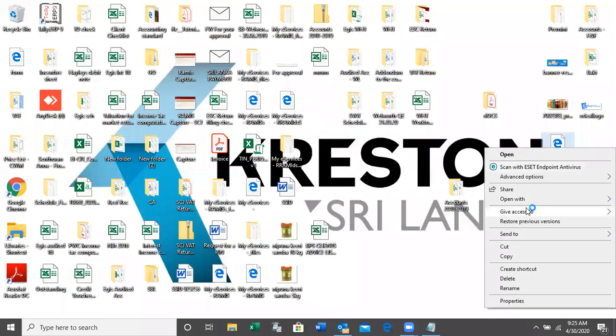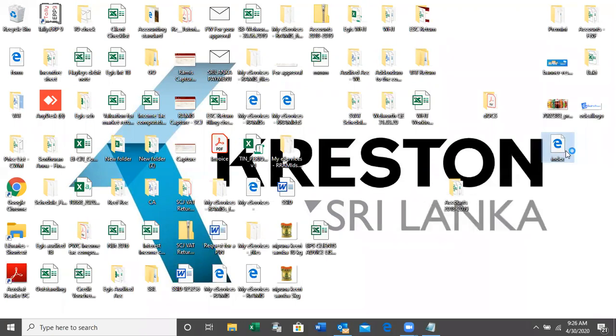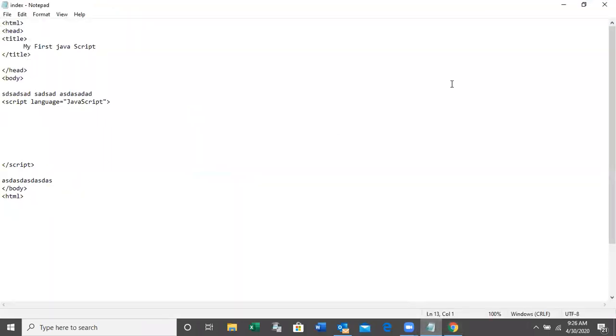Okay, this is my JavaScript file, but I didn't write any JavaScript. This is the text, right?